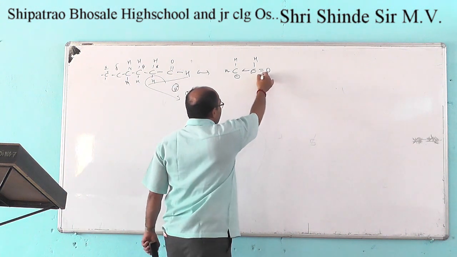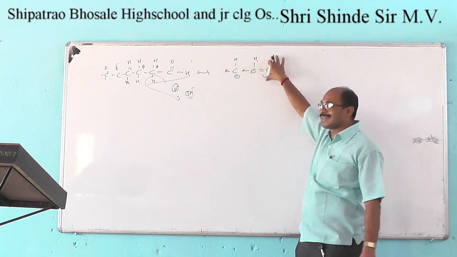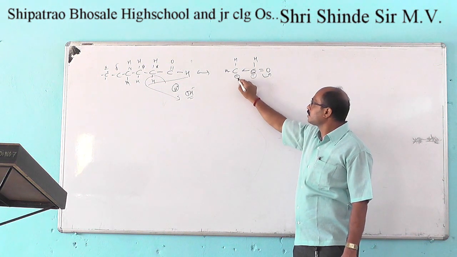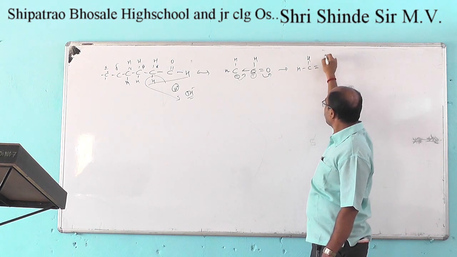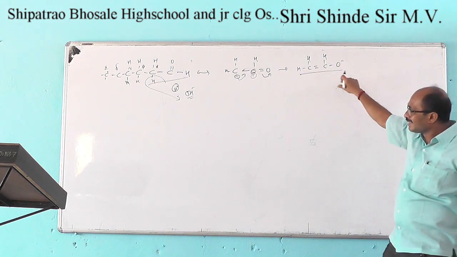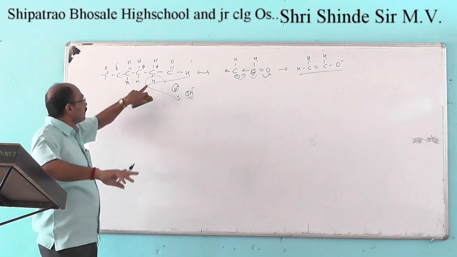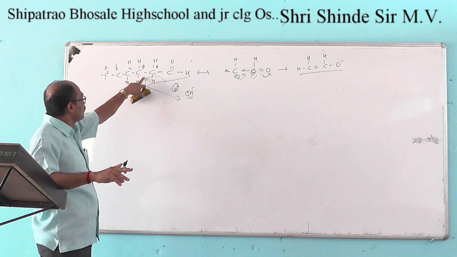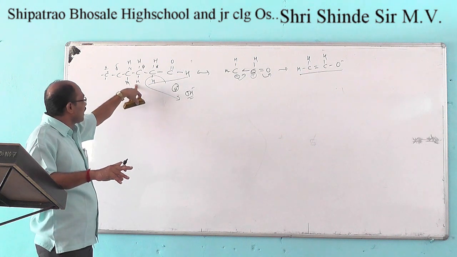This negative charge is transferred as electron density towards oxygen, and due to the difference in electronegativity, carbon has the deficiency. So this leads to the formation of a compound like this. It means the alpha hydrogen is acidic in nature. The next carbon is the beta carbon, and the beta hydrogen is not acidic.